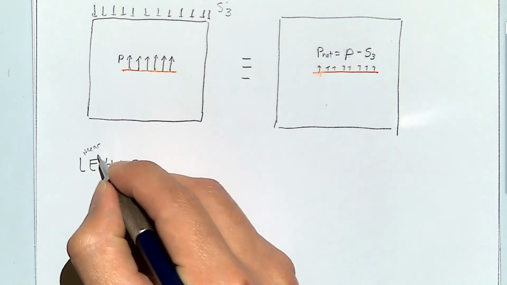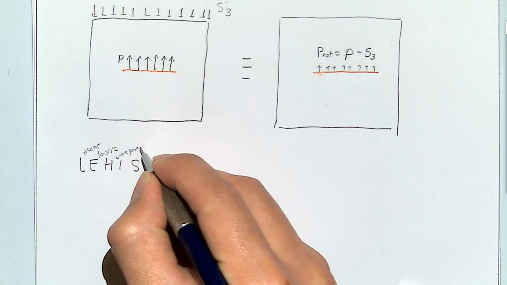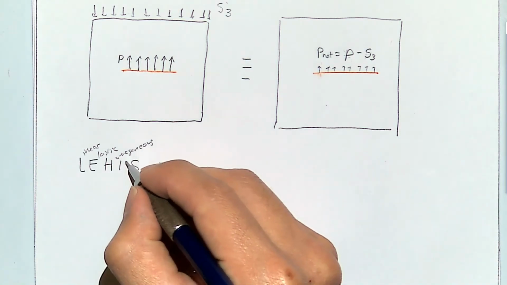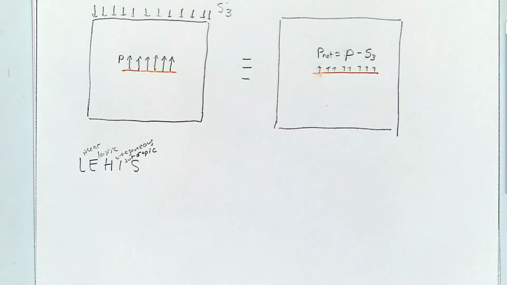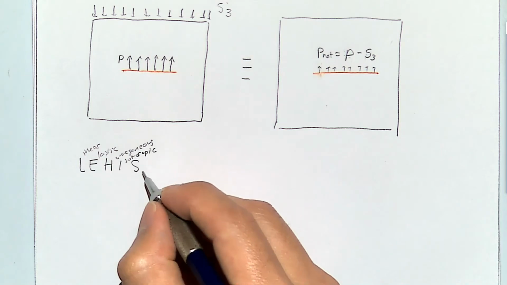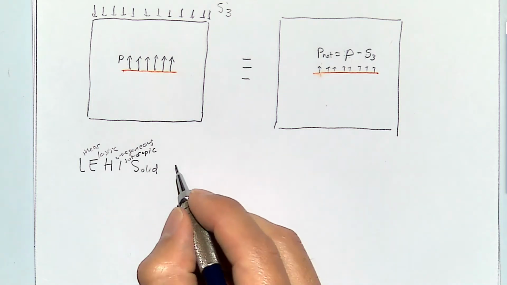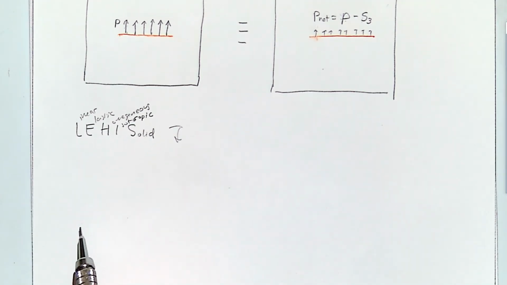So this is linear, this is elastic, homogeneous, which means that the properties are everywhere the same, and isotropic, which means that the properties are the same regardless of which direction you apply an action. The solution of this tells you that, and probably you remember this from project number 3 or 4, something like that,